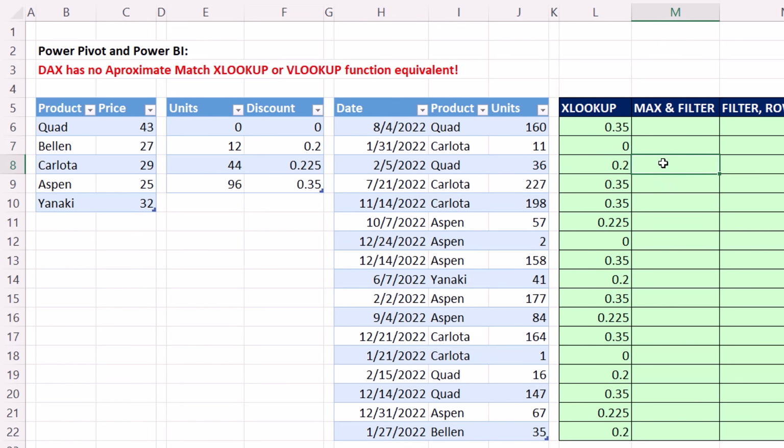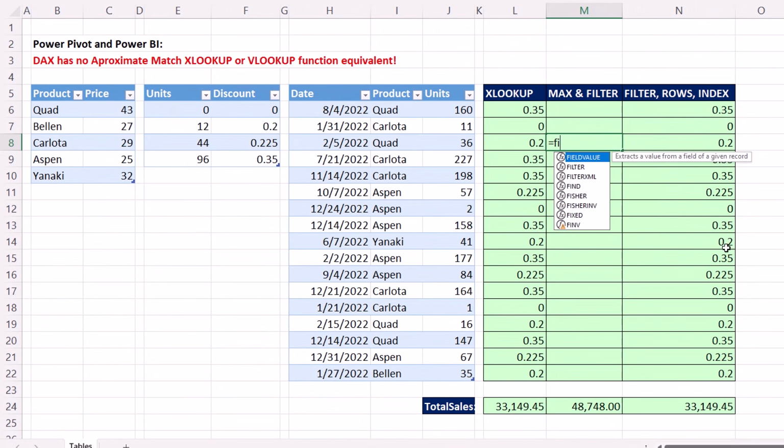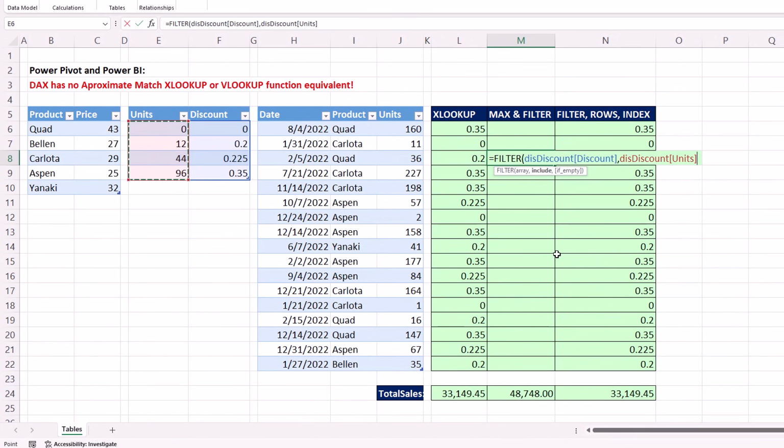We're going to invent some logic. And I'm actually going to show you the logic over here in the Excel worksheet because I can visualize it here much better than over in DAX. And then we'll jump over to DAX and build our formula. Now we're going to use the FILTER function. The array, well, I'm trying to get discount, so I'm going to try and filter that, comma, to include, well, here's the units column. And I'm going to ask the question, how many of you are less than or equal to 36? That is virtually the exact formula we'll use over in DAX,